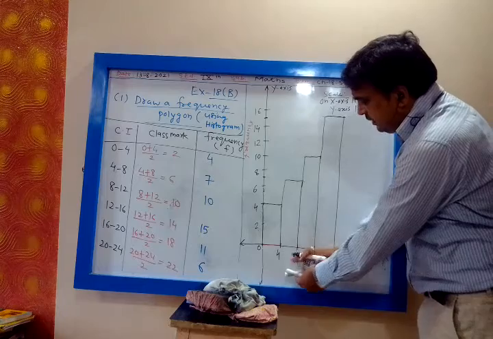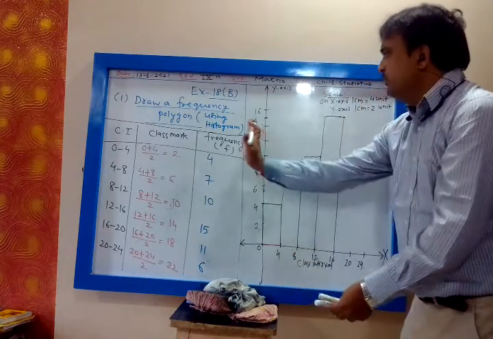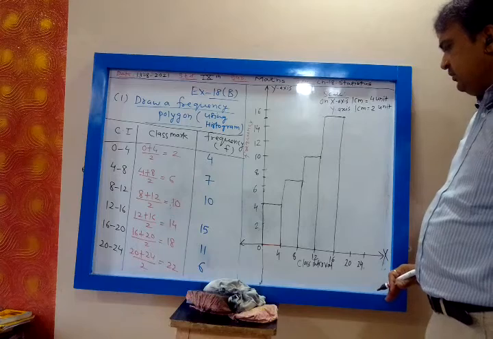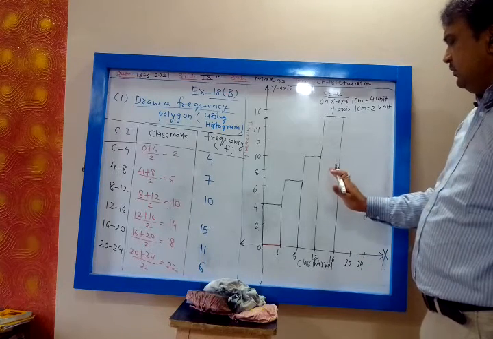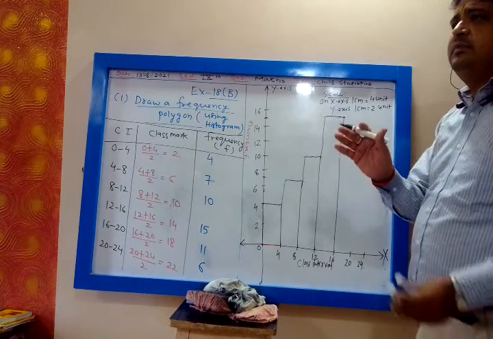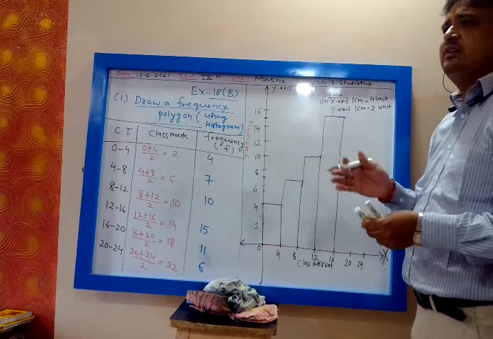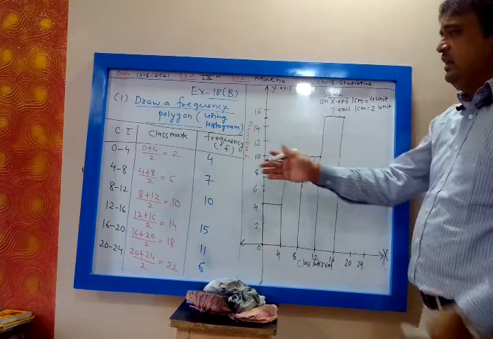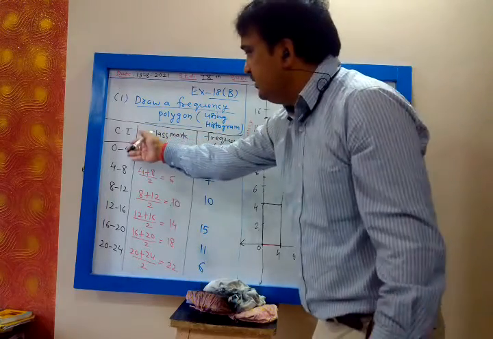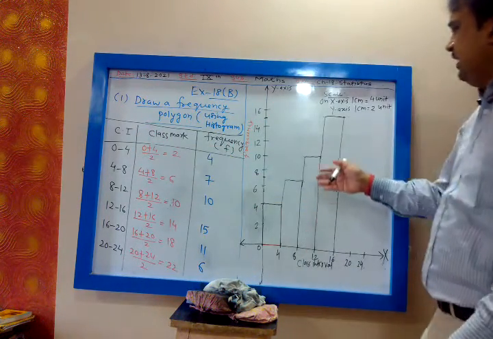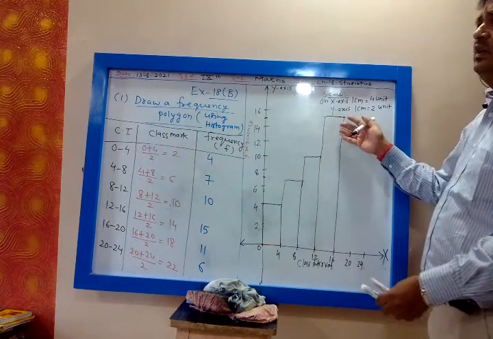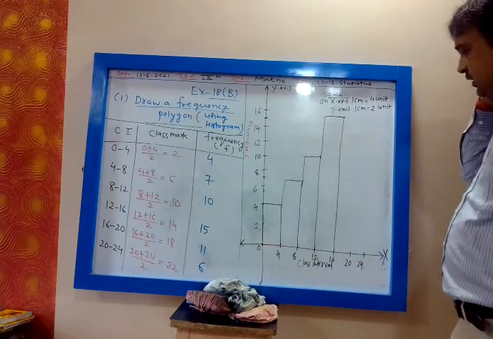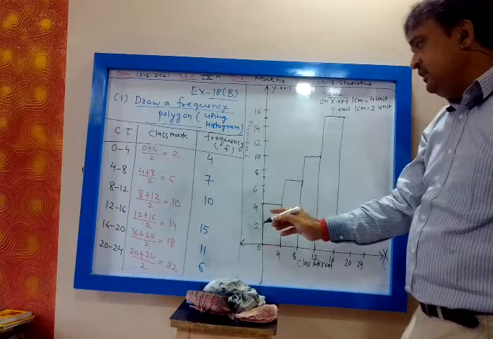One box you leave from downward, and one box from the left side. While making a histogram, the class intervals will be continuous, my dear, so all the boxes will be attached. Whenever the class intervals are continuous, the rectangular boxes of the histogram are attached to one another. Then 16 to 20, it is 11.